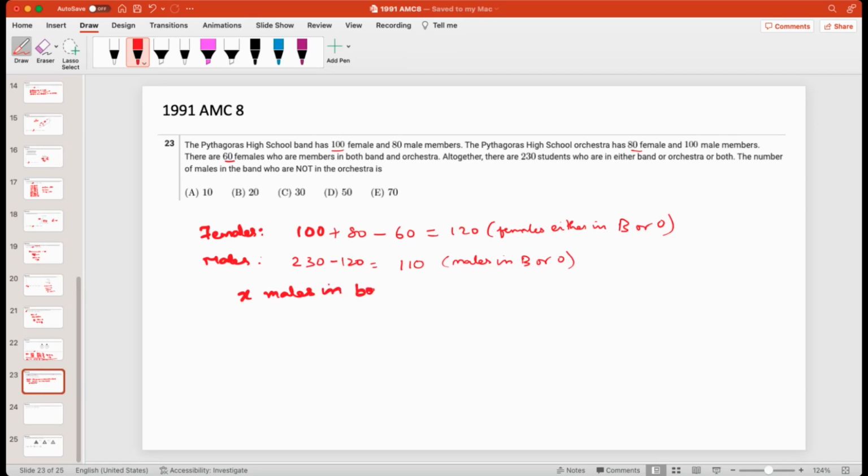We don't know how many males in both, right? So I'm going to assume X males in both. So we will say 80 plus 100 minus X. 80 is this, plus 100 is this, minus X, which is both, will be equal to